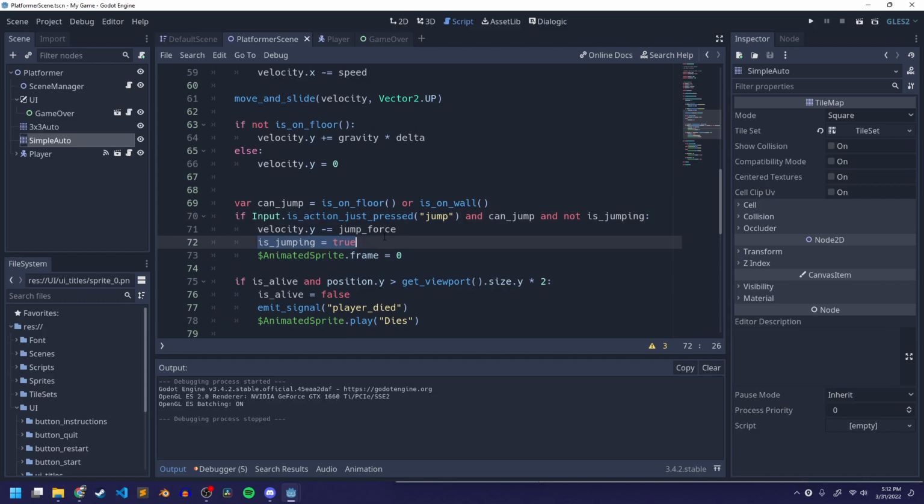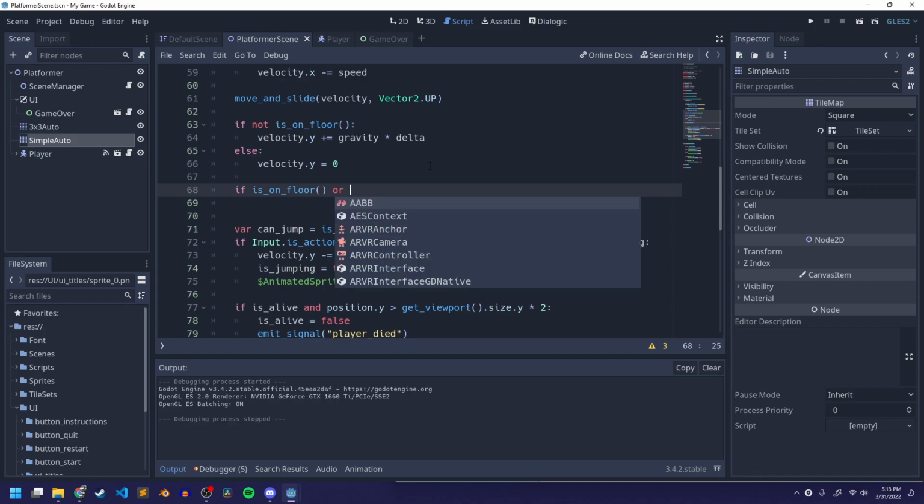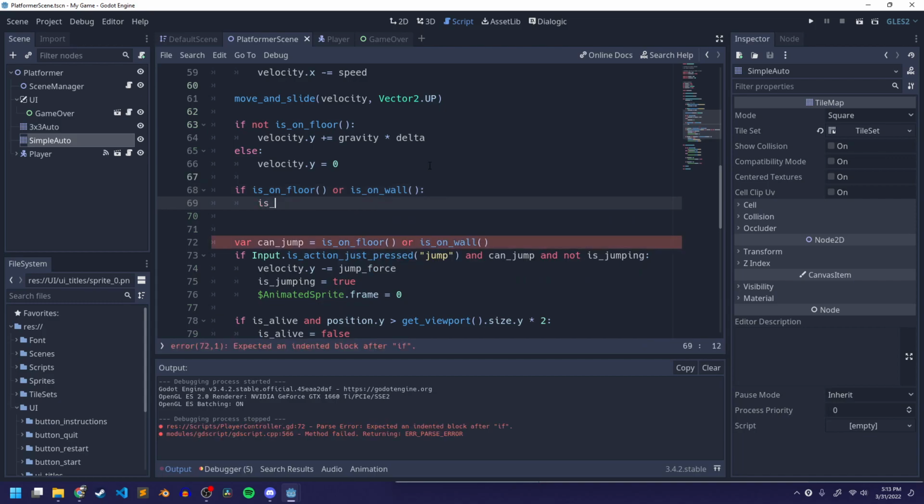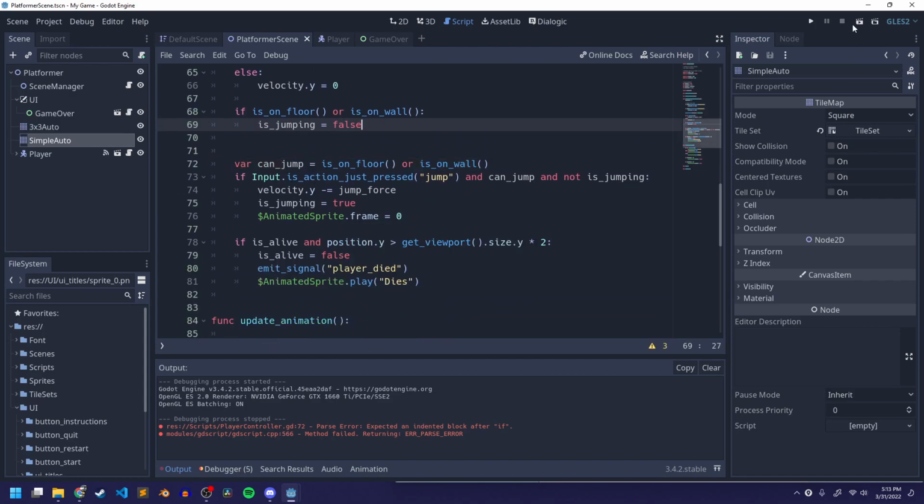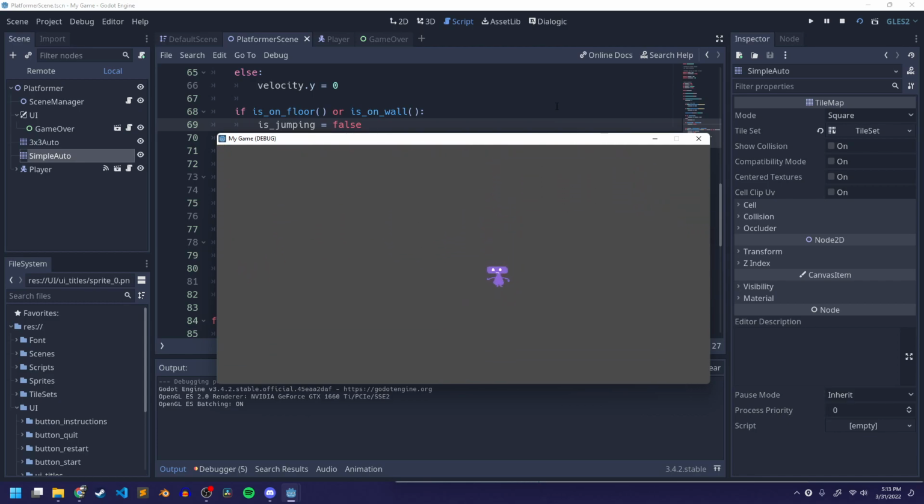But because there's multiple conditions through which we can be jumping, if we want to reset jumping, we have to check if we're on the floor or on the wall first. So we can say if is on floor or is on wall, is jumping equals false. Okay, so this is a little bit more complicated, but it's going to get rid of that problem if I can